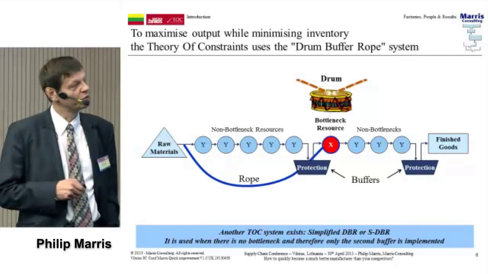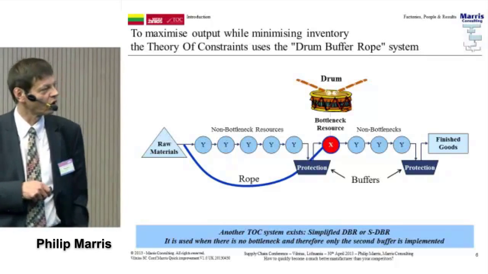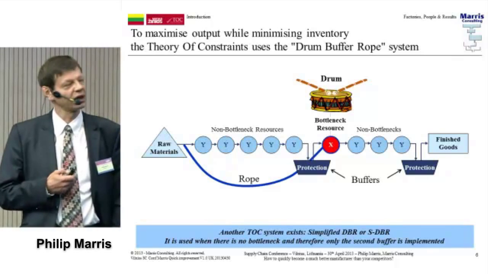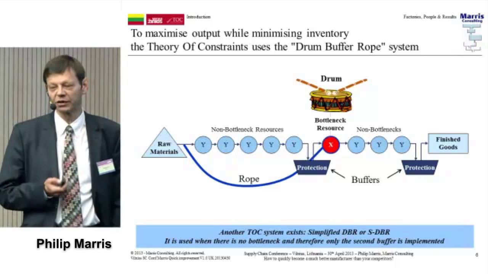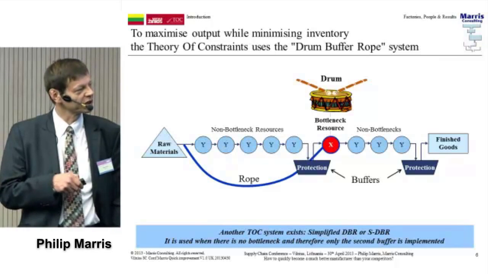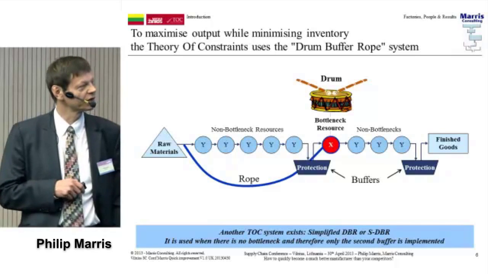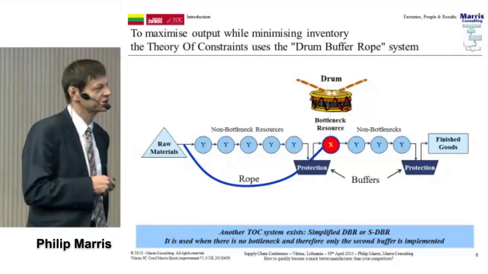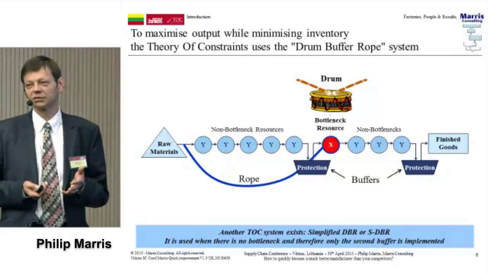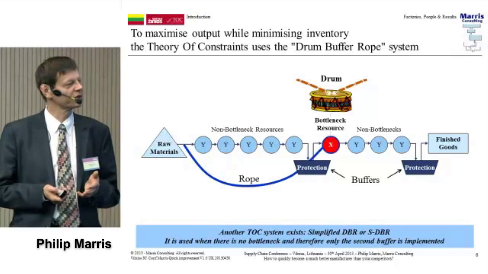Okay? And normally, tuning these systems, whether it be a good Kanban system or this, will give you very low inventory and very good output, very good throughput. Okay? And it's true, this is the big difference between a Kanban system of lean and the drum buffer rope of theory of constraints. But it's only that, basically, in terms of a difference. There's very little else that's